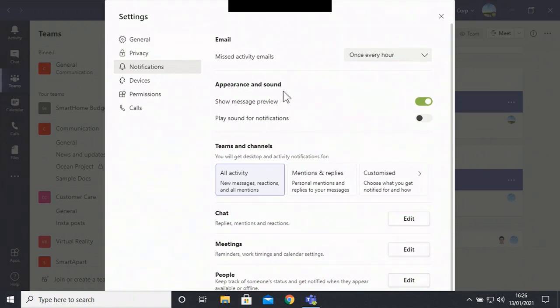Below that, you can activate or deactivate the appearance and sound for team notifications. The toggle to the right of Show Message Preview is green, indicating this feature is activated, and a notification from Teams will display at the bottom right of my desktop. And the toggle to the right of Play Sound for notifications is grey, meaning no sound will play when I